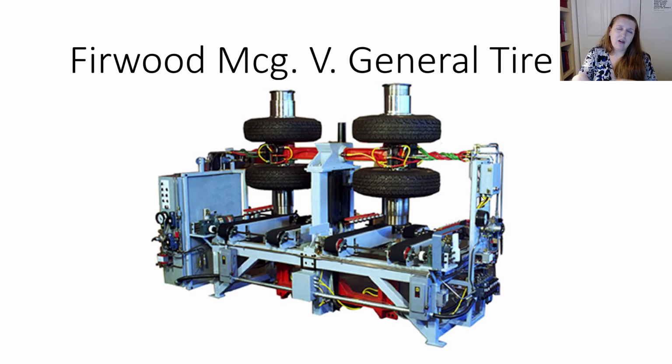So General Tire closed down their plant, repudiated their agreement to purchase machinery and equipment from Furwood, and Furwood attempted to resell the machines that it had agreed to build for General Tire, and eventually Furwood did sell all of the machines, but it took 3 years for them to do it, and they had to scavenge some other parts from the machines as they were waiting to be sold and replace them with different parts to actually sell the machines off. Lower court rules in favor of Furwood.